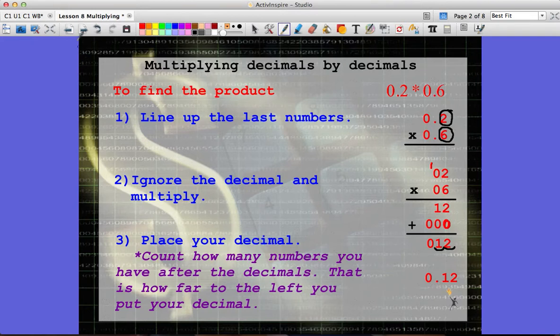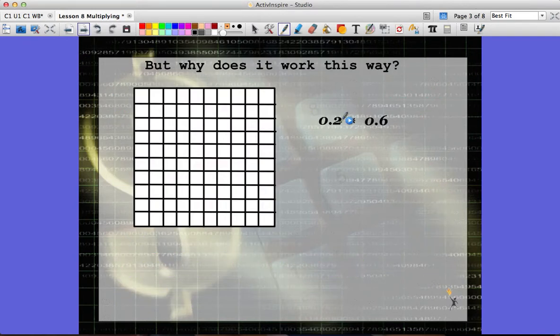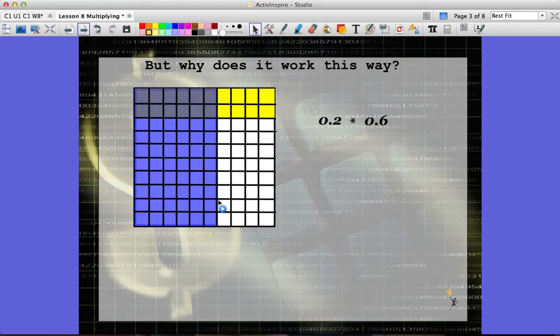The reason that it works out this way is because what you're doing is you're taking 2 tenths, okay? If we cover in 2 tenths, that's 2 sets of 10, okay? Times 6 tenths, so we have to do that. Now, it's the areas that are shaded in the same color that are your answer. Okay, so the areas that are shaded in with both colors, we have 1, 2, 3, 4, 5, 6, 7, 8, 9, 10, 11, 12 of those, meaning our answer is 12 hundredths, because 12 out of the 100 are